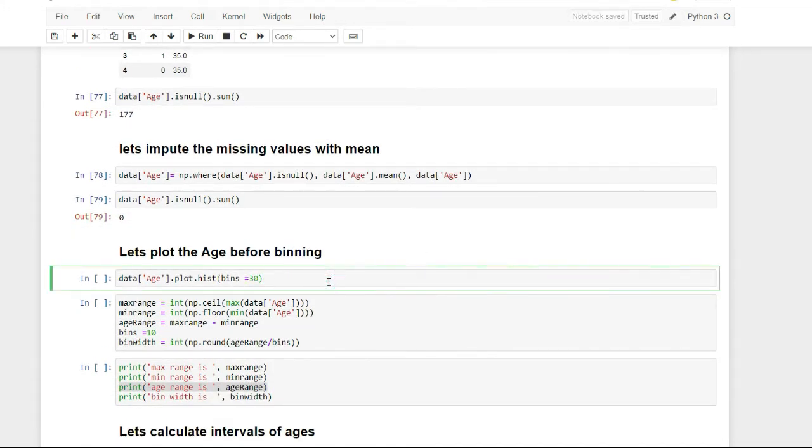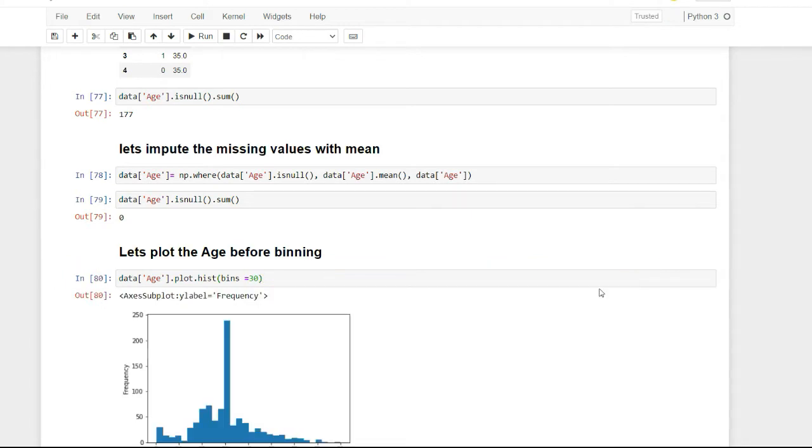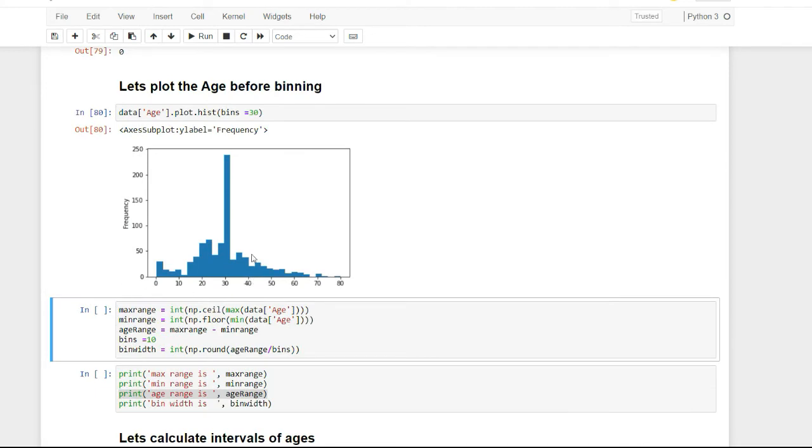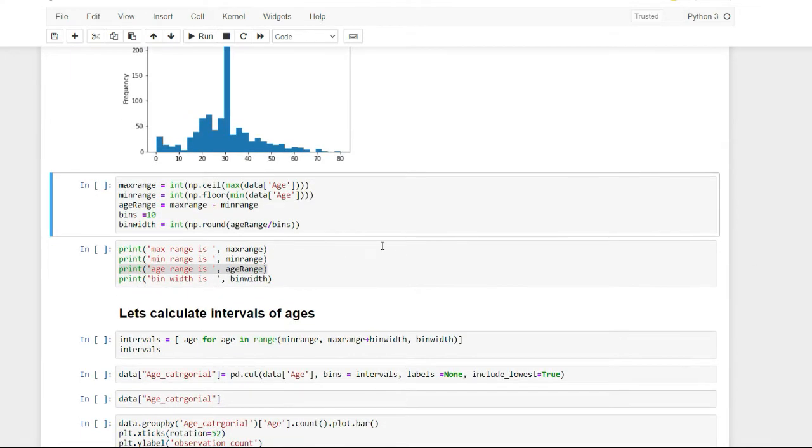First of all, I will show you how the data looks before binning and how it will look after binning. If I see it now, the data is not that normally distributed and doesn't look good. You can see one spike here. It can be because we imputed the mean, so there is a spike here. So what is binning? We divide our data into equal-length baskets, or you can say bins.